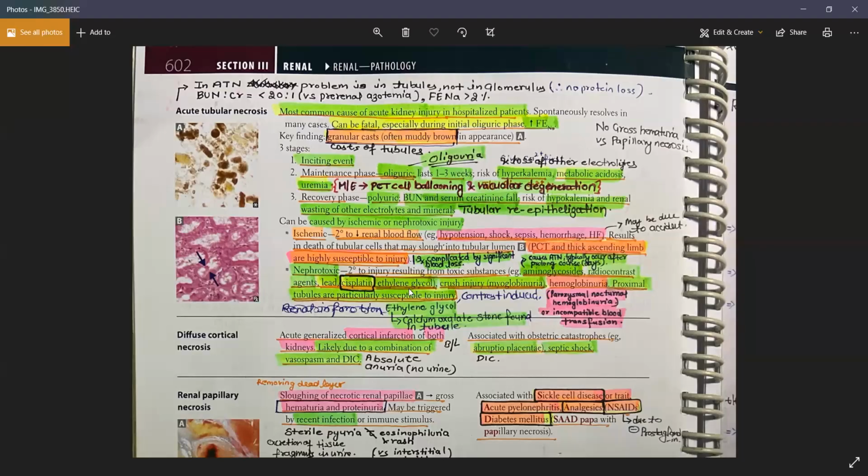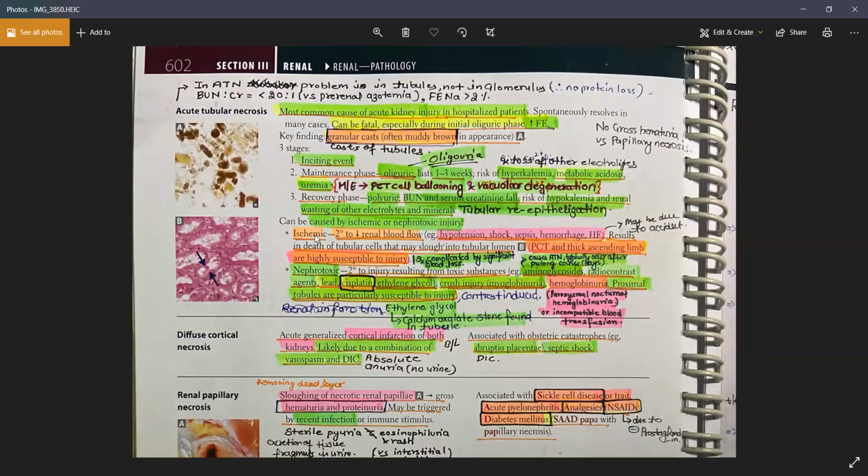Any patient who is very alcoholic and now has a kidney injury, think about ethylene glycol poisoning. A patient who has a recent history of trauma within 24 hours, for example a recent accident, will have myoglobinuria; they can have a crush injury. A patient having intravascular hemolysis can have ATN due to hemoglobinuria. So all of these are the causes.